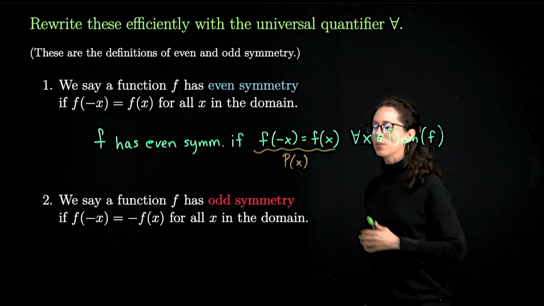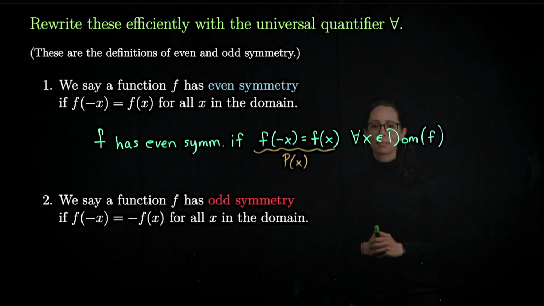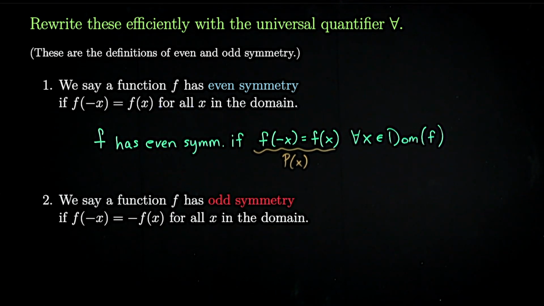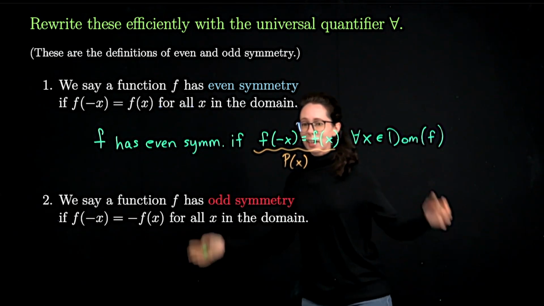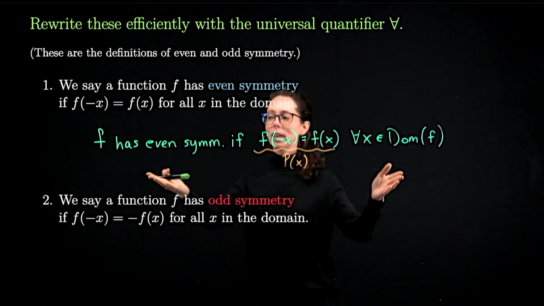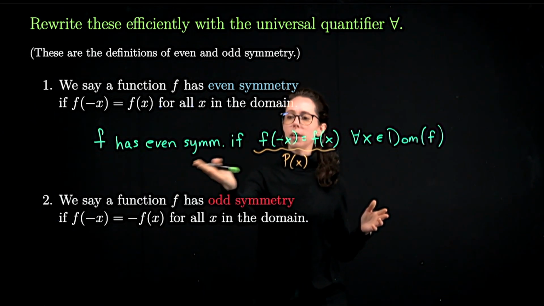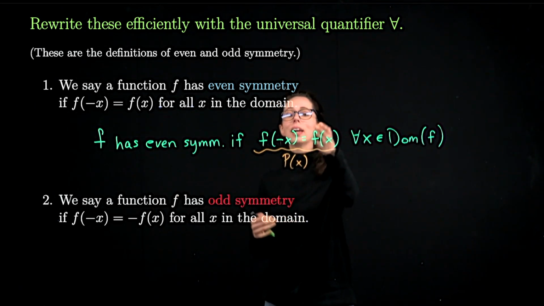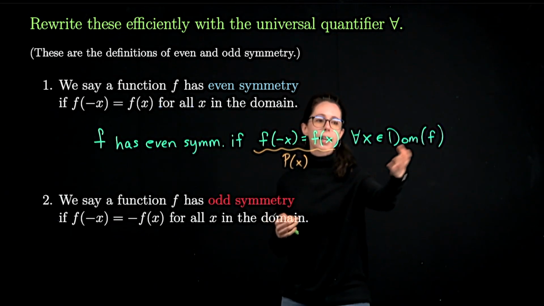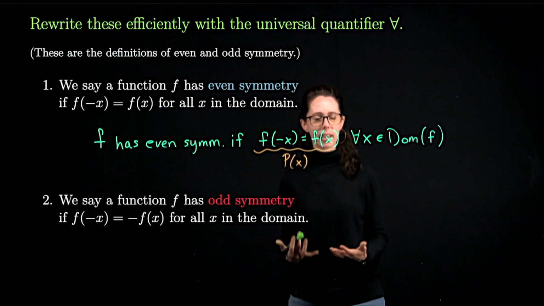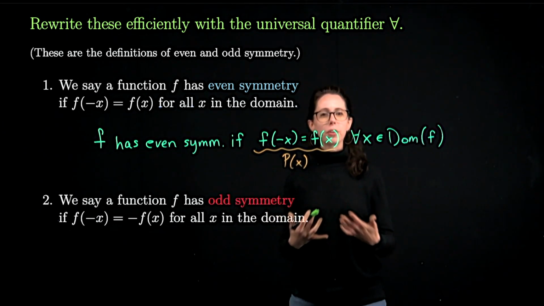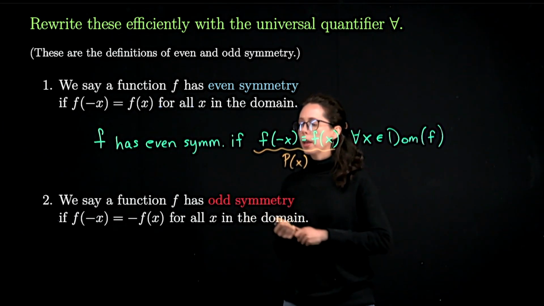Okay, if you haven't already done so, take a moment to do the second definition. A natural thing to have written down for the second statement is almost identical to the first one. F has odd symmetry if f of negative x equals negative f of x for all x in the domain of f, and there is a certain logic to being consistent with how you phrase things. Properties might jump out at you faster if you always use the same sort of structure, but just for variety,